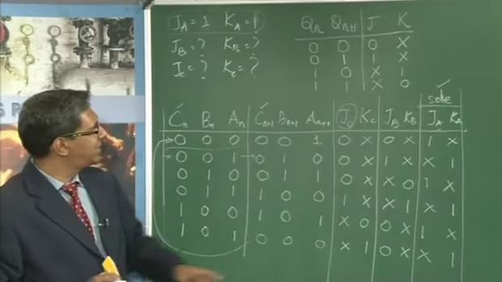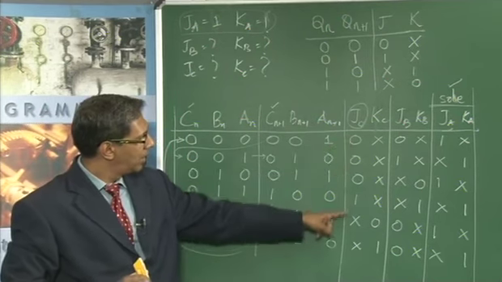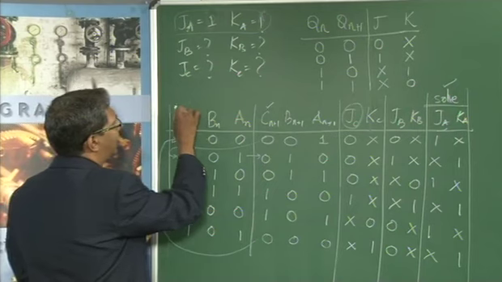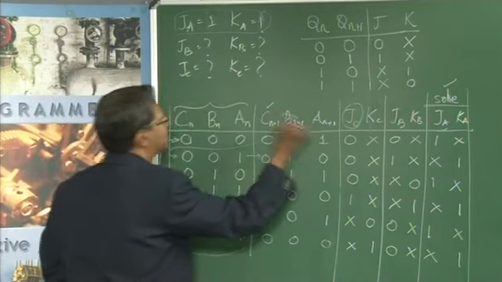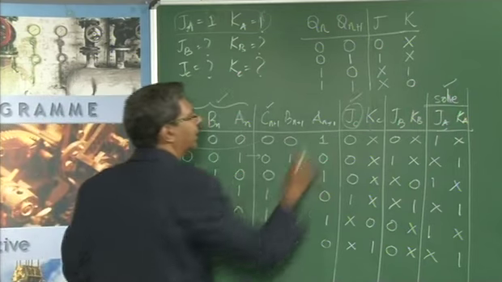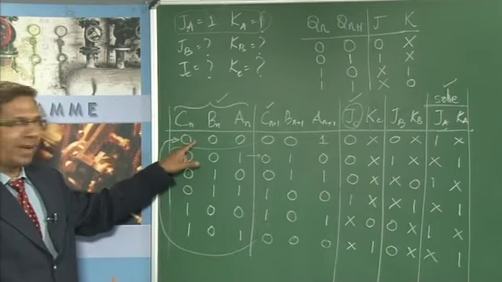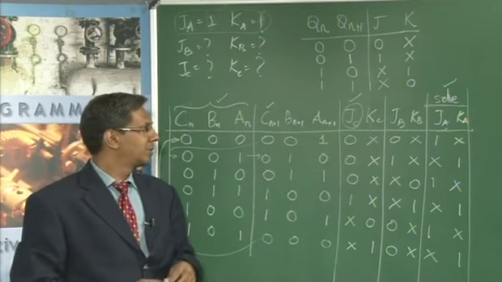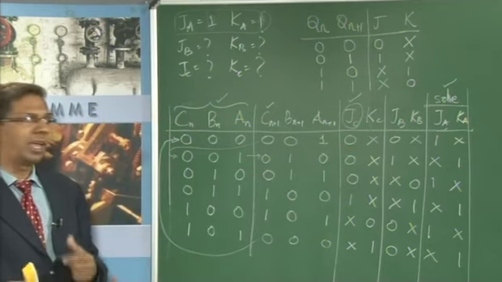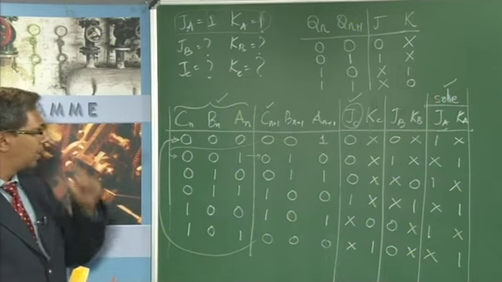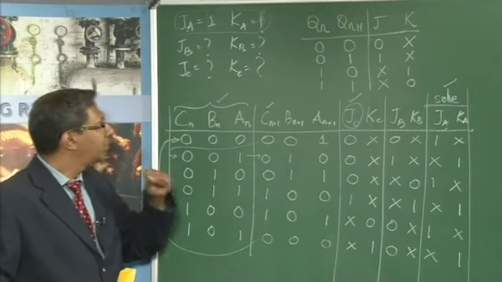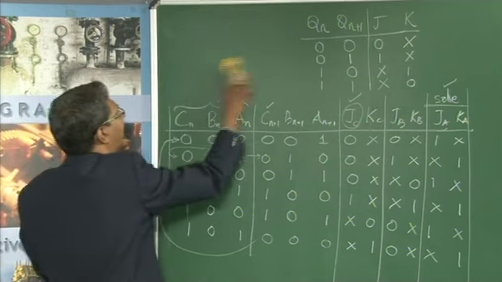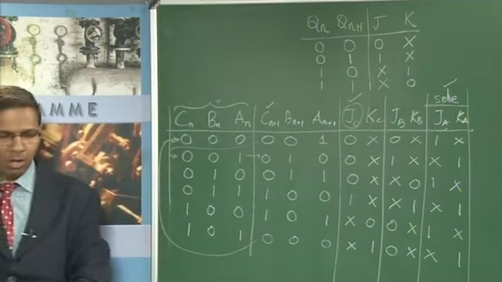To solve for JC, all I have to do is put all these values in, and take these two columns, this one and this one. That means present state and what the value of JC should be. So I'll put it in the form of a K map. For that we will not need this particular thing, so I'll just rub this part out, and I'll try to draw all the K maps on top over here.